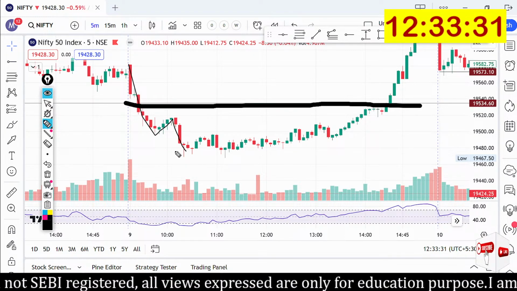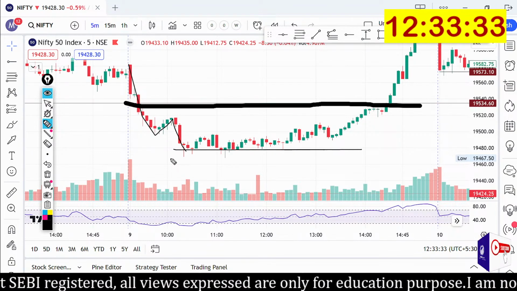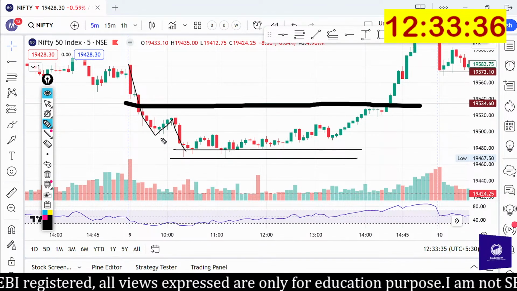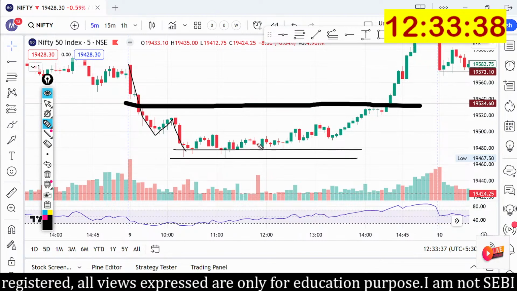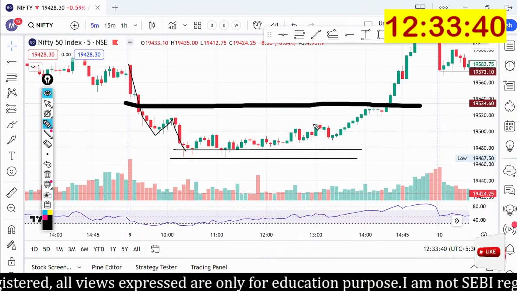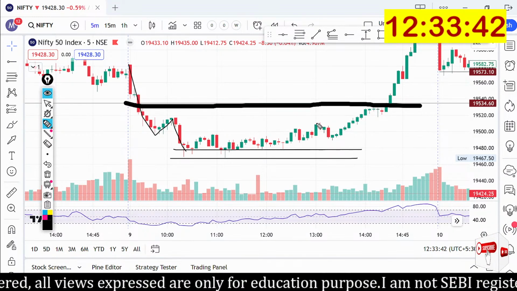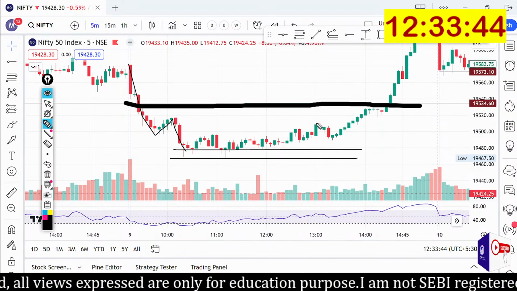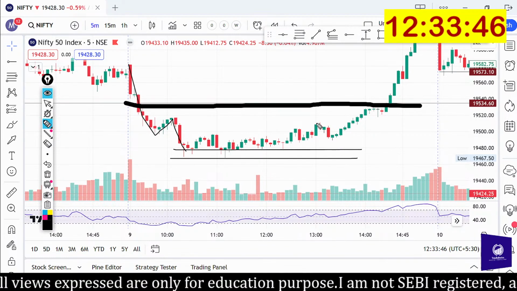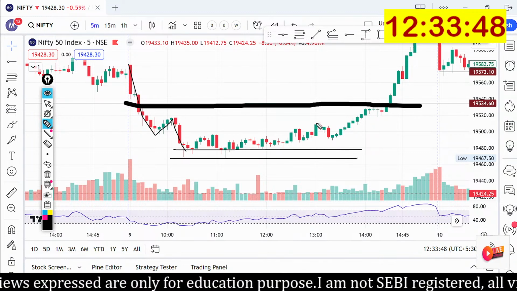right? Generally, option buyers are scalpers only. Nobody can hold for a longer period. If you're holding for a longer period, the first thing you have to stop doing is holding that. See, as an option buyer, none of your trades should be more than 1 hour, because anyway